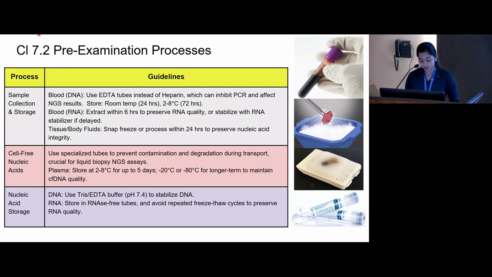So the plasma should be separated from the blood cells as soon as we receive the samples, within 6 hours. And plasma can be stored at 2 to 8 degrees Celsius for up to 5 days. However, for longer storage, minus 20 degrees or minus 80 degrees is recommended to maintain the cell-free DNA quality. I'll move on to